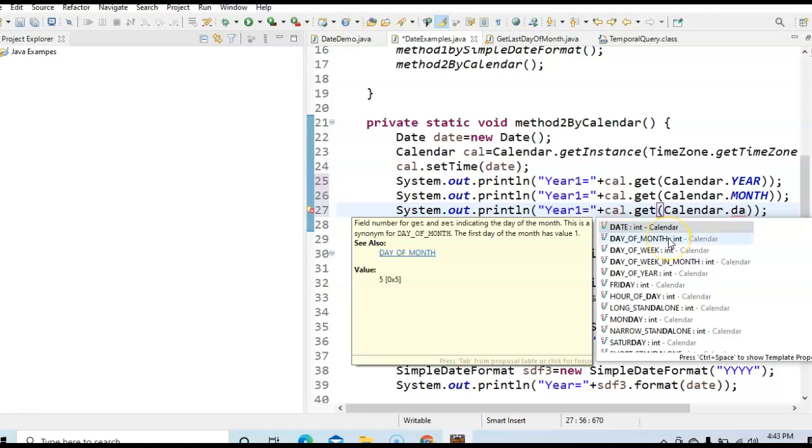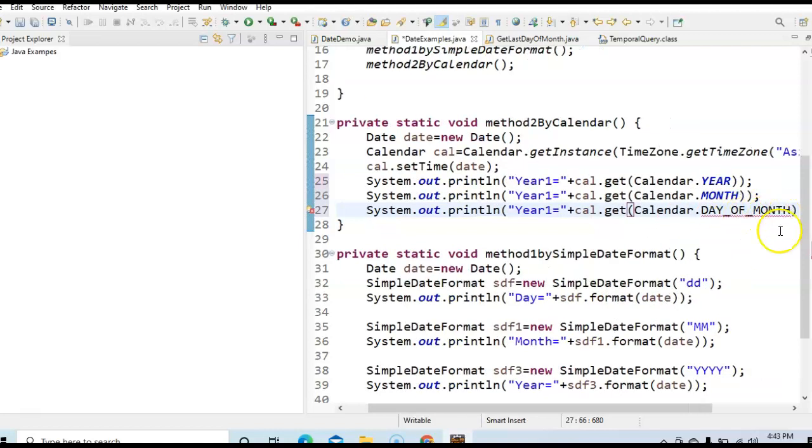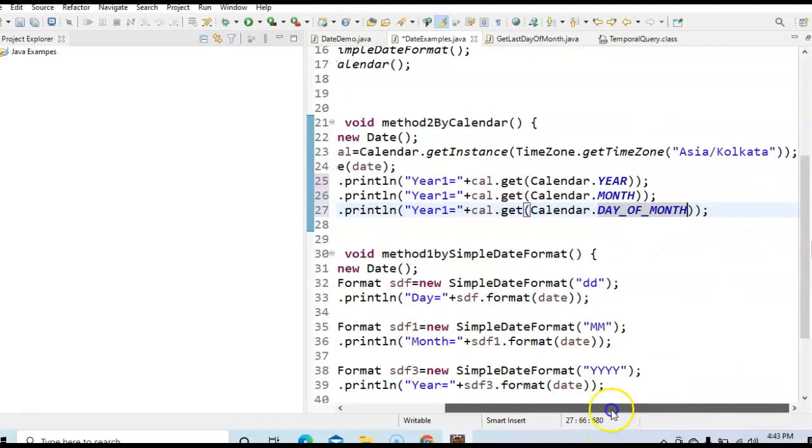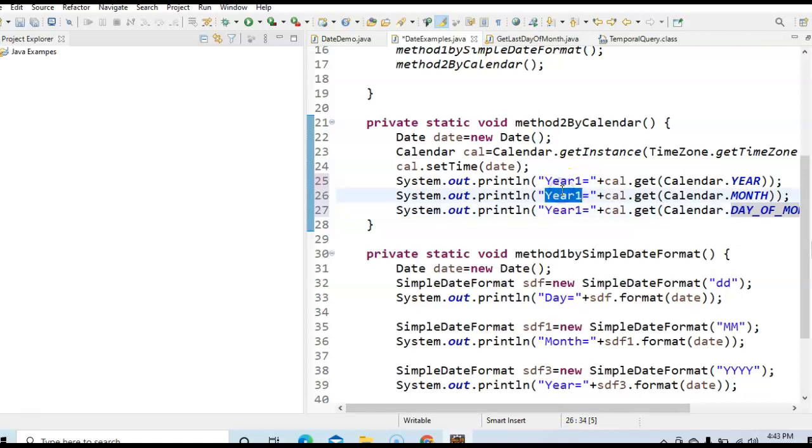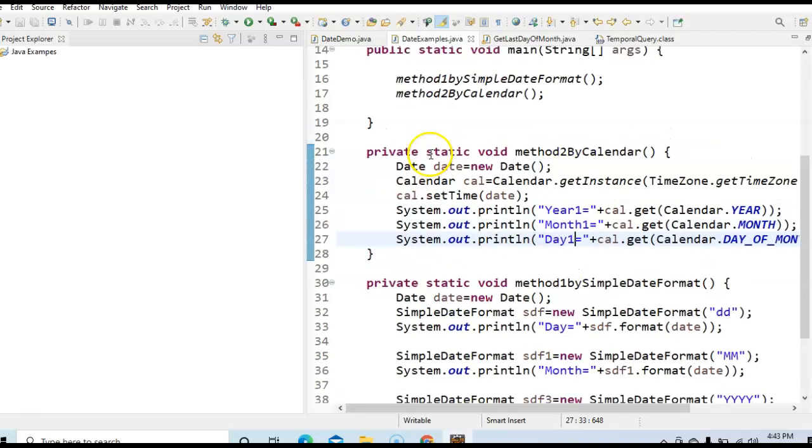Okay, calendar dot day of the month. So which will give you the day. Okay, so for say year, and then month 1, and then day 1. Okay, let's see the output. Let's run the program and see the output.